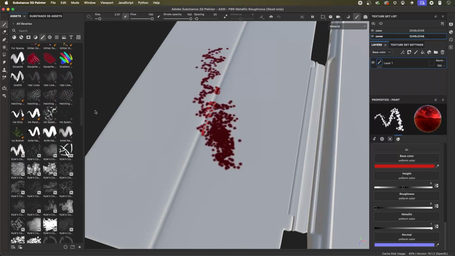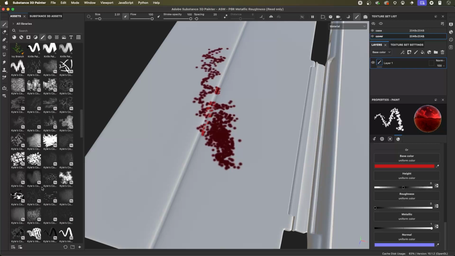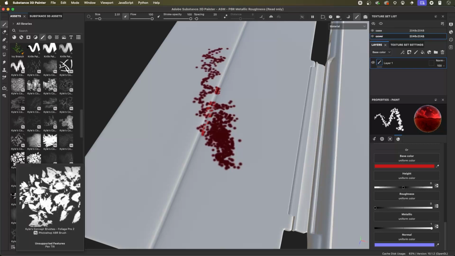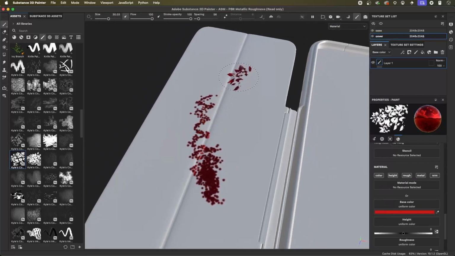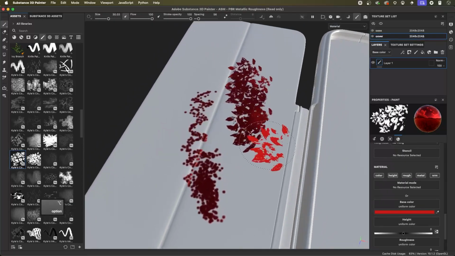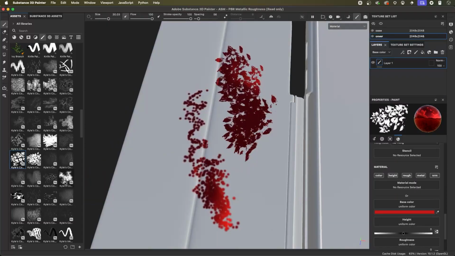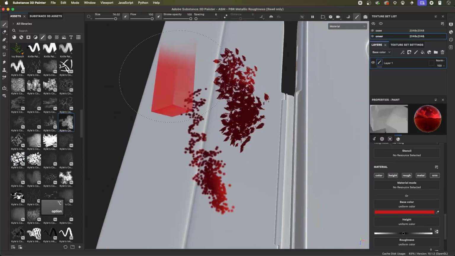So if I just grab a brush, and I'm just going to randomly pick one. Let's do this one here. You can see this is a concept brush, so we'll grab it. And now I have another brush that I can work with. And as I start to paint, I get a brush here. And as I grab another one, let's see, I don't know, this one here, you can see I get, again,